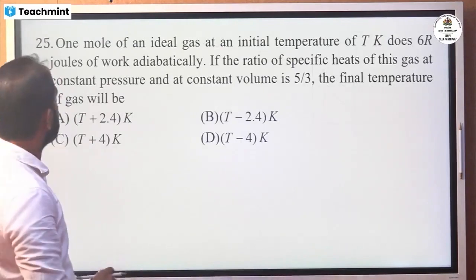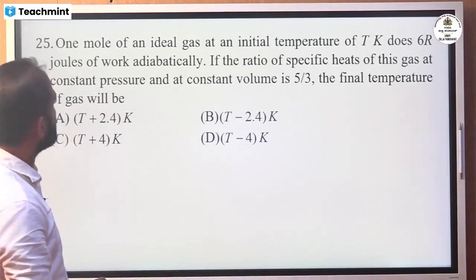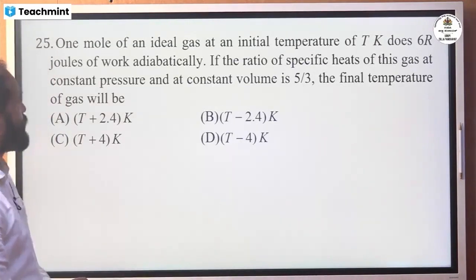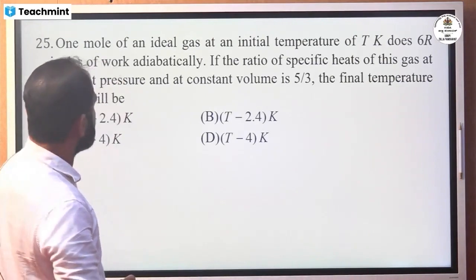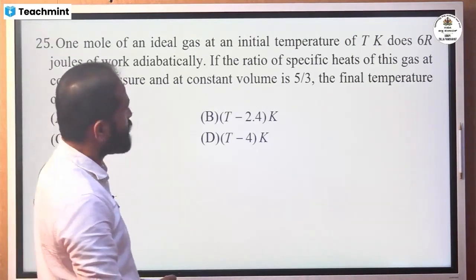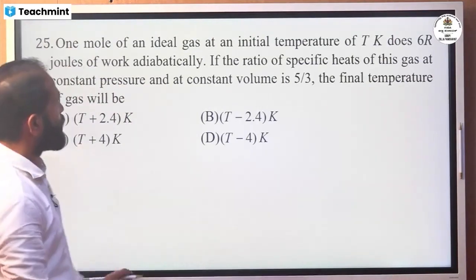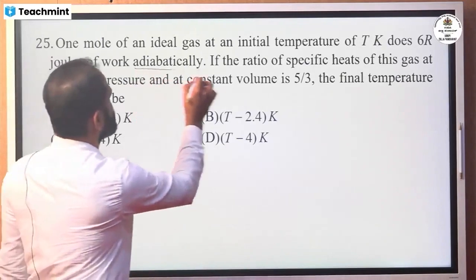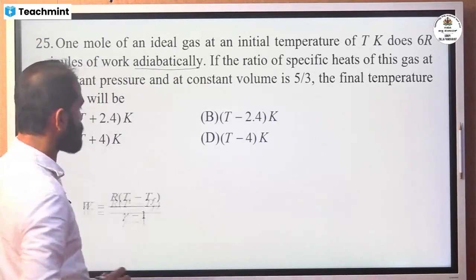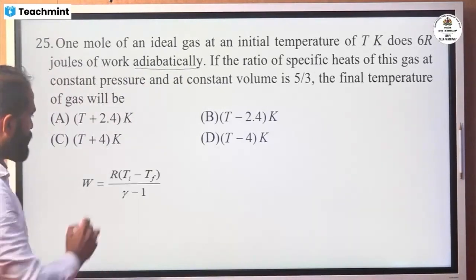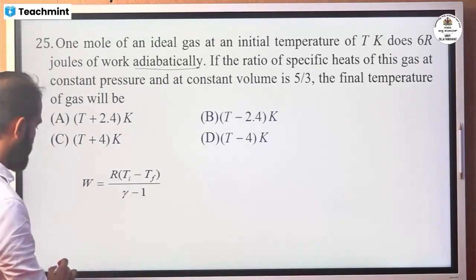Question 25. 1 mole of an ideal gas at an initial temperature of T Kelvin does 6 R joules of work adiabatically. If the ratio of specific heats of this gas at constant pressure and at constant volume is 5/3, the final temperature of the gas will be. So the gas undergoes an adiabatic process, and something is given related to work done. So let's use the equation of an adiabatic process for work done. So W is equal to R into T initial minus T final,